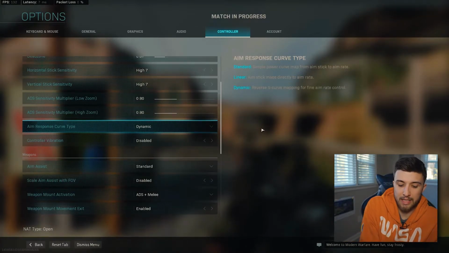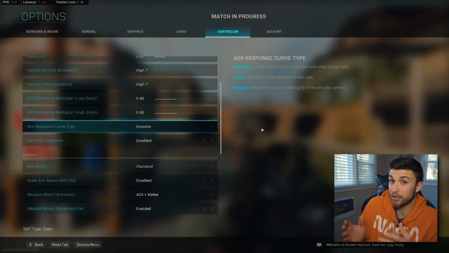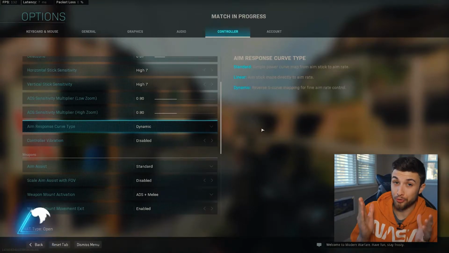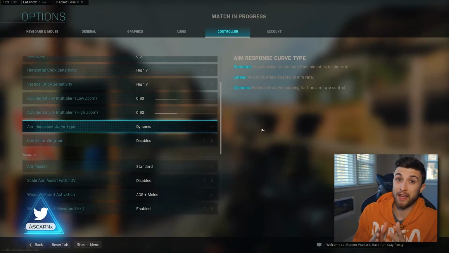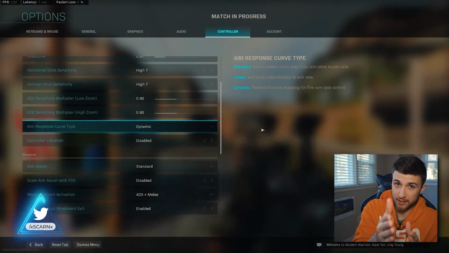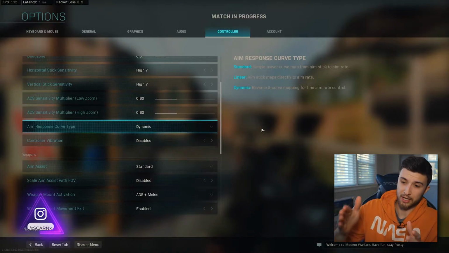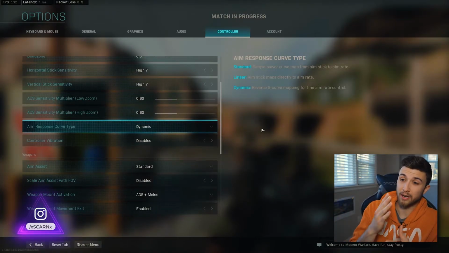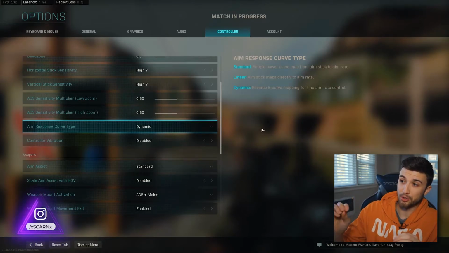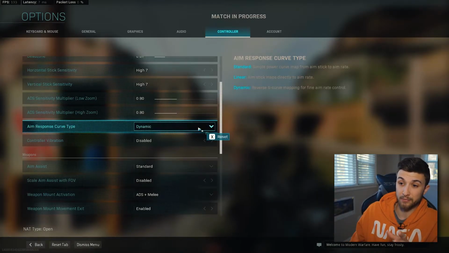I barely even need to move my joystick as I'm trying to track my player. Tracking players has been my biggest weakness within Warzone. And I know for many gamers out there, that is the biggest struggle, being able to lock onto your target when you first ADS and track them the full way through to consistently hit your shots. With standard, I could somewhat keep it there, but when it comes to the fine aim rate control within this reverse S-curve mapping in the dynamic setting,